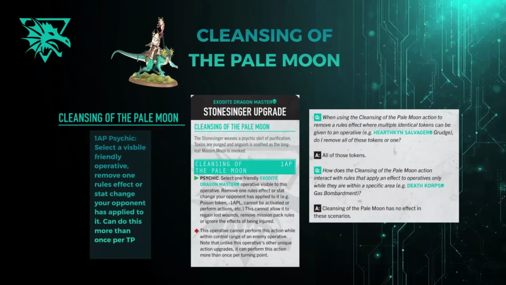Now, how does the Cleansing of the Pale Moon action interact with rules that apply an effect to operatives only while they're in a specific area? Example, Death Corpse Gas Bombardment. If you are in a debuff area, Cleansing of the Pale Moon has no effect in that scenario. Just a note that